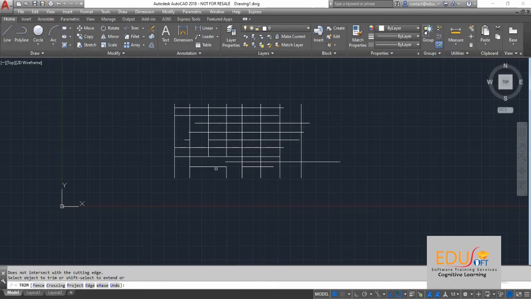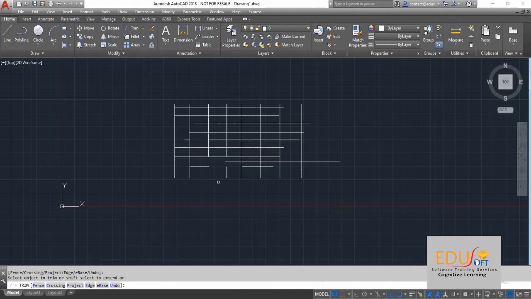To complete our action, we can take the sub option edge and select extend within it. Now try. See, you can trim the line with respect to this line. Here we are not showing any boundary to be trimmed.